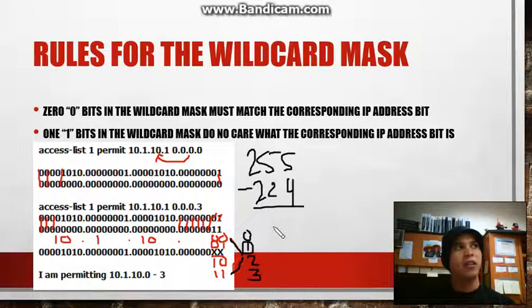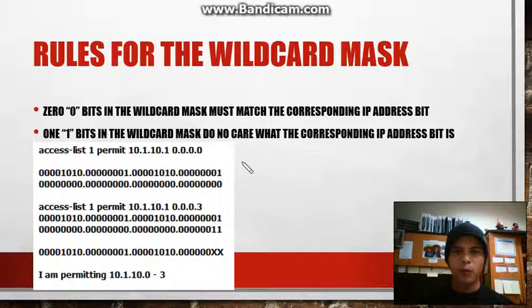Was I saying that right? The subnet mask. Okay, this is how you find the wildcard mask: you take the subnet mask and subtract it from 255. So how do we do this? 255 minus 224 gives 31. Let me clear this up. If we had a wildcard mask of 0.0.0.31,